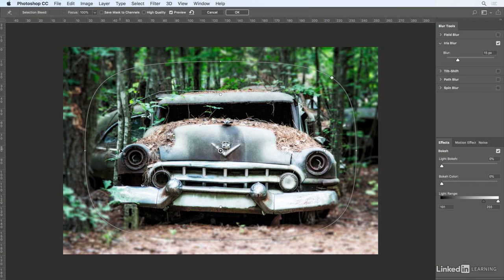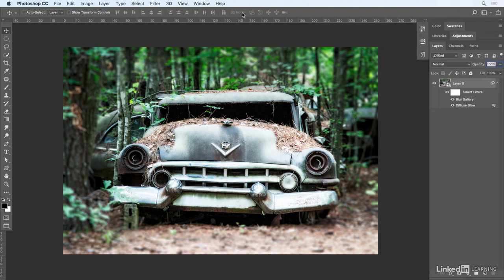One other thing I'd like to do here is save the mask that I've just made with this shape and with the amount of blur that I'm using to a channel. So I'll come and check that option and then click OK. I'm now going to use that channel to desaturate the background. I'll come to my channels panel,